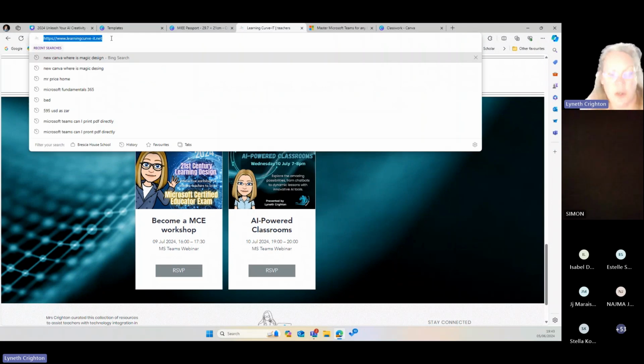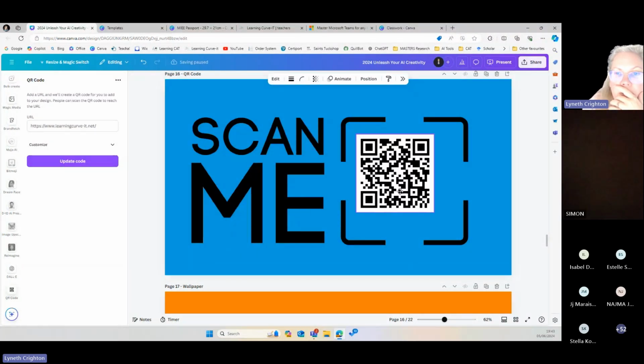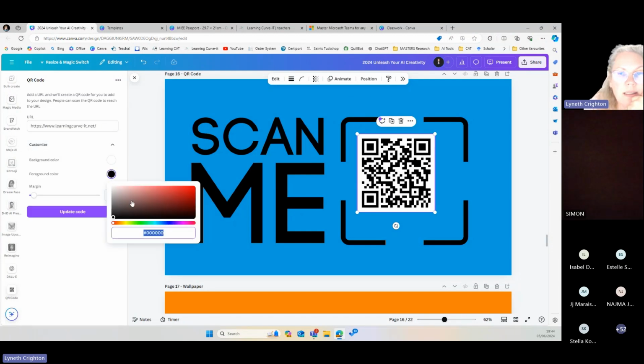So I just took this link, went back into my Canva design, pasted it, and generated the QR code. I could have changed the foreground color.